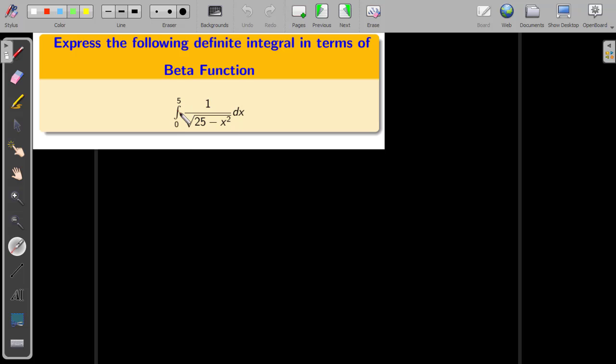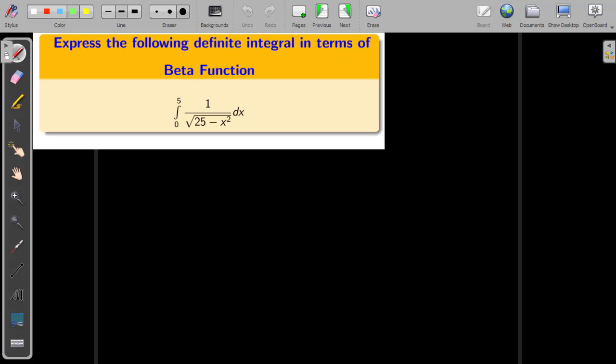How to change 0 to 5 into 0 to 1 all depends upon the substitution. How do we choose it under the square root? Which one do we choose, the total or only one term? That you decide. Let us suppose I need 1 minus x. For that, I will take 25 common. If I take 25 common, I will get the 1 minus x format. In such a way, you can choose the substitution.